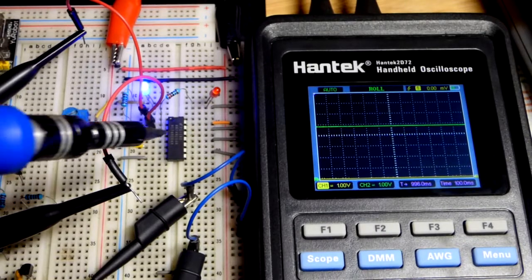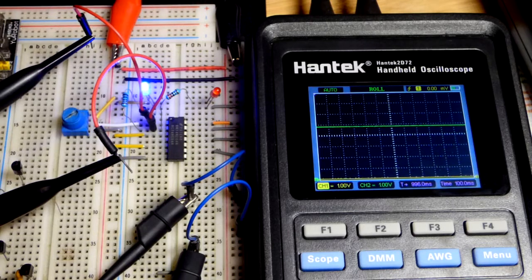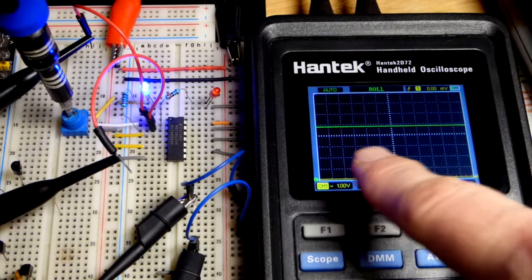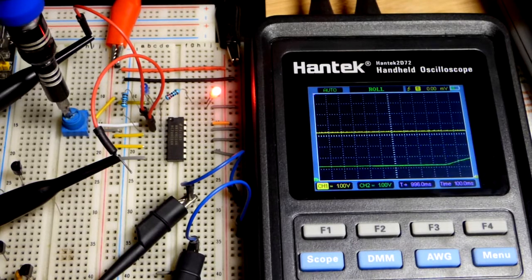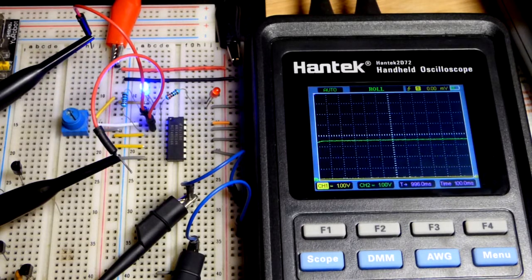So now in the last video we looked at this integrated circuit here. It's the 7404 and it has 6 NOT gates, or hex inverter. And right now the input is high. That's why we got the green line up high. The green line went lower and the output went high right there. But you can see about halfway we got this problem where we got the scrambled, it's even scrambling the input